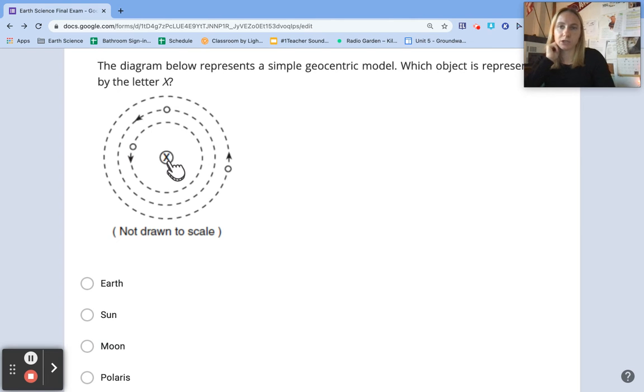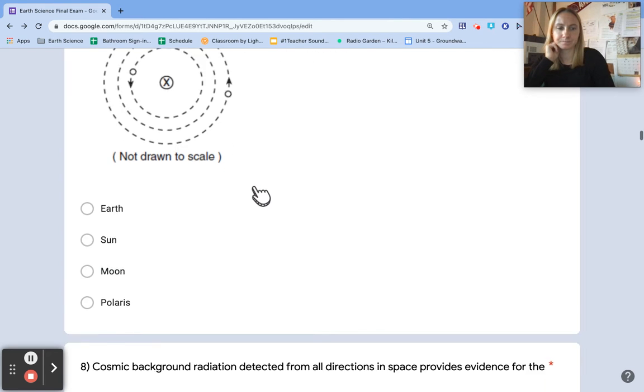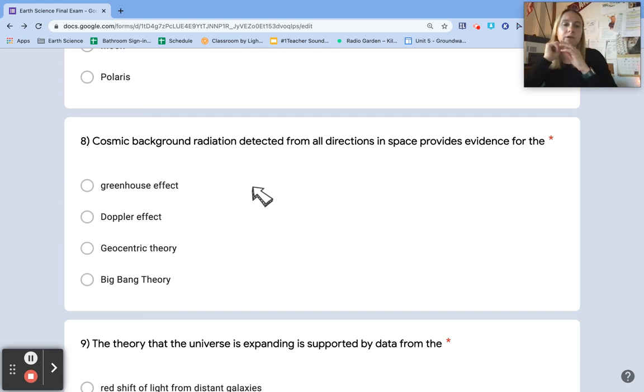A simple geocentric model. All right, question number 8. Cosmic background radiation detected from all directions in space provides evidence for the greenhouse effect, Doppler effect, geocentric theory, or the Big Bang theory. Cosmic background radiation detected from all directions in space provides evidence for the